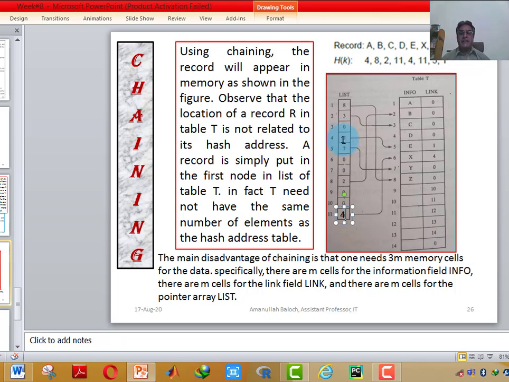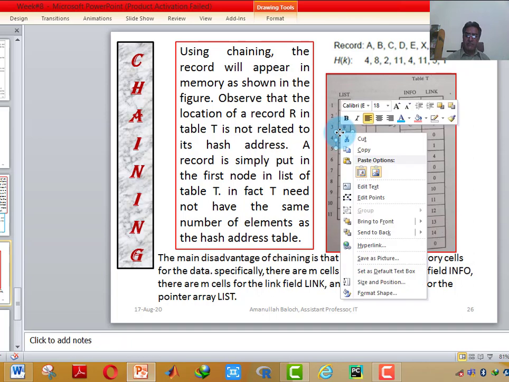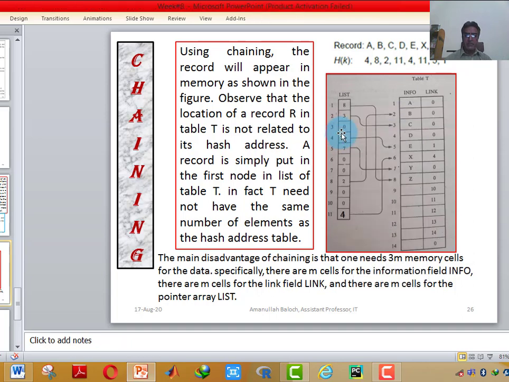It was the index of A. 1 was the index of A. So we will store the next index 5. E has been stored at index 5, and we will store here 5. We will delete this 1. We have stored here 5, and after this E we have stored that 1 here.